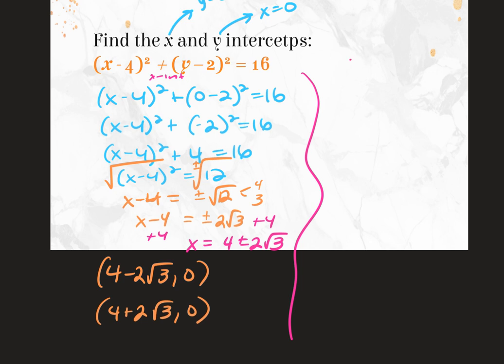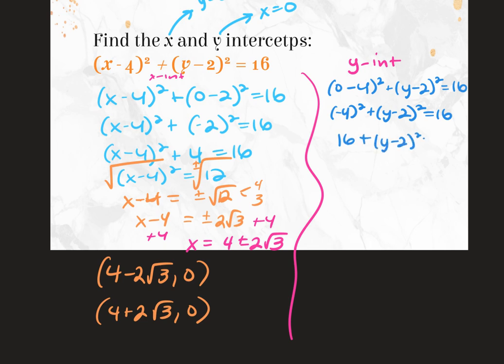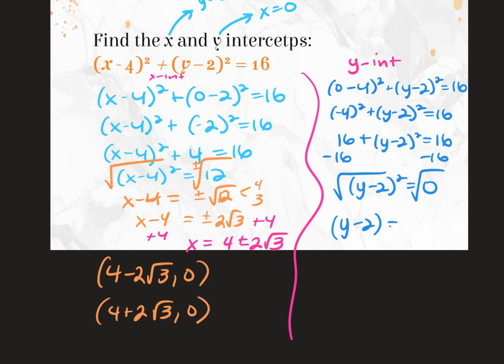And now I'm going to repeat the process for the y-intercepts. So this time I make x 0. 0 minus 4 squared plus y minus 2 squared equals 16. Negative 4 squared, 16. Subtract the 16. Square root, there's no such thing as plus or minus 0. It's just 0. So then I'd get y equals 2. So 0, 2